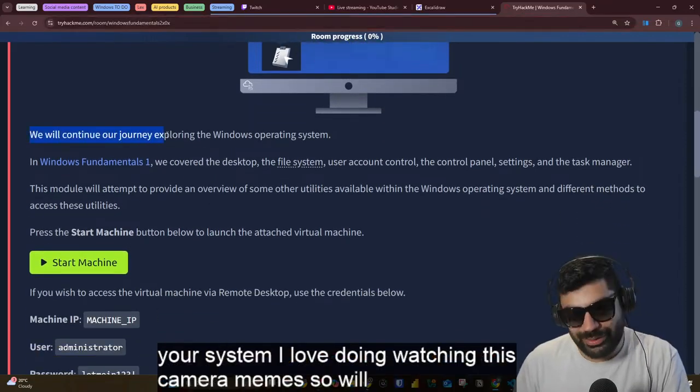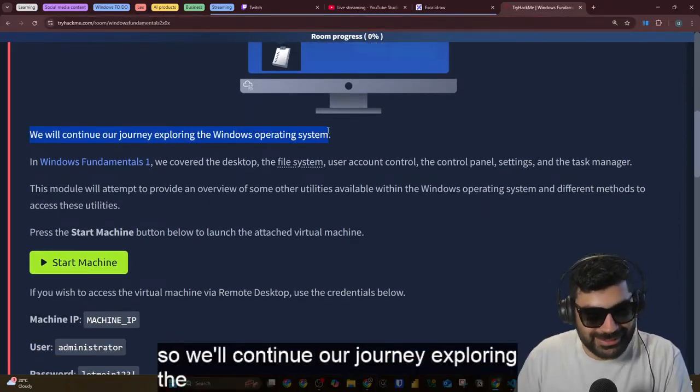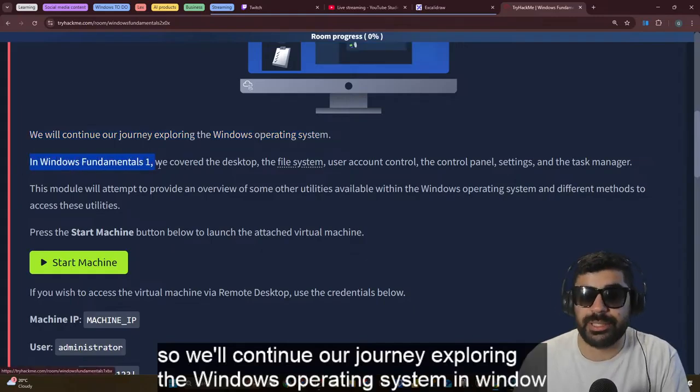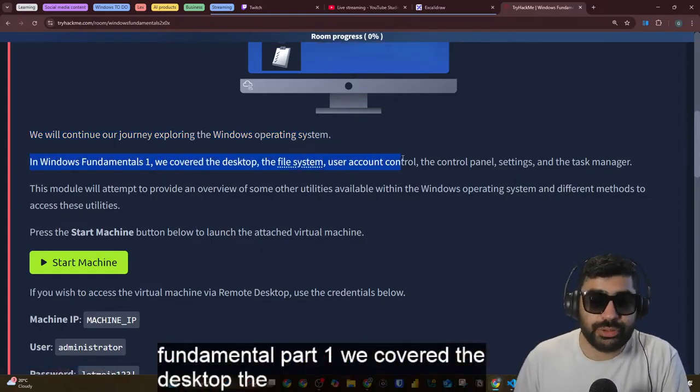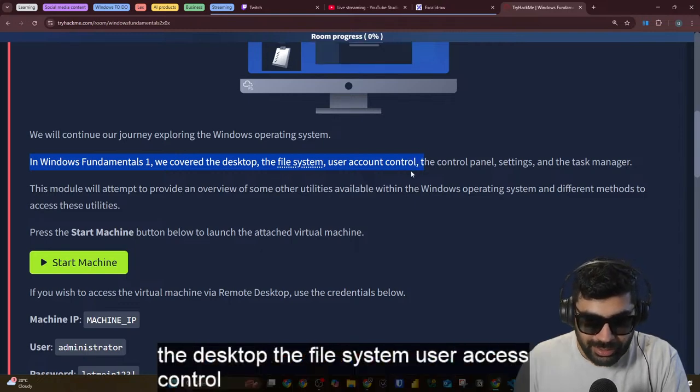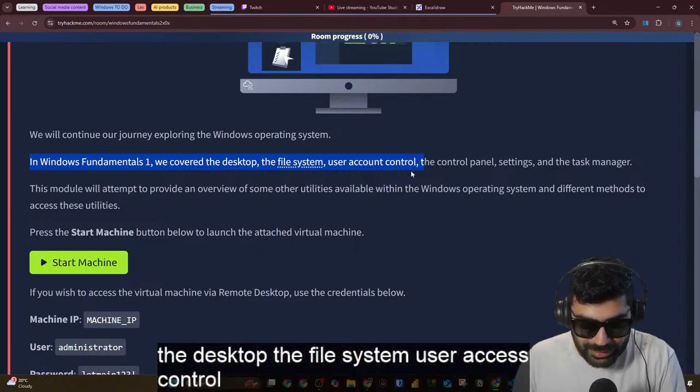So, we'll continue our journey exploring the Windows operating system. In Windows Fundamentals Part 1, we covered the desktop, the file system, user access control,